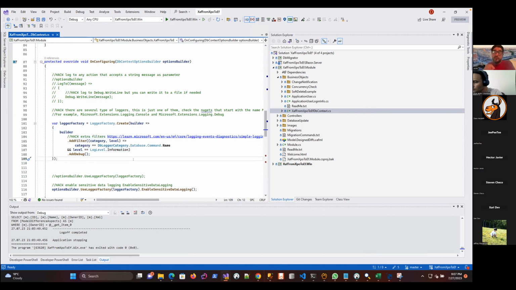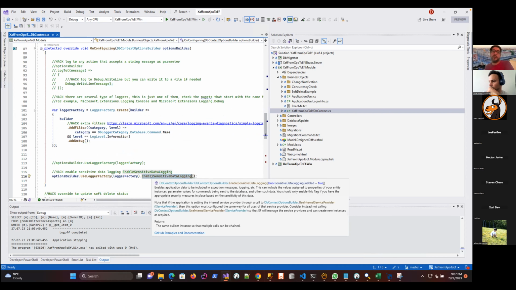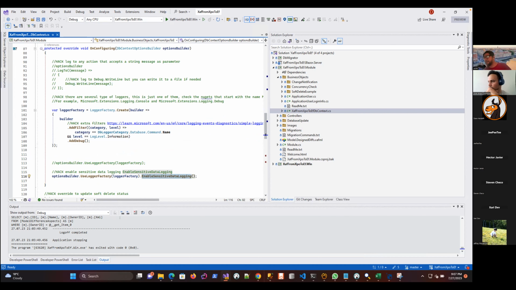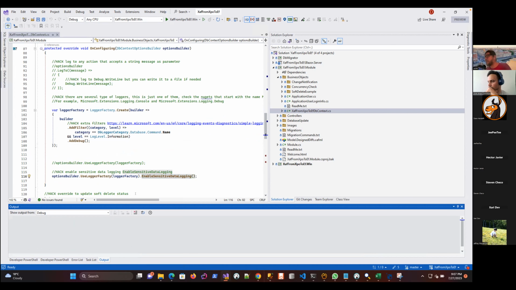If you want to see what you are inserting, and this came from Jean-Paul also, you have to enable sensitive data logging. That will include the query and the parameters value. So you will see the insert, and you will see each of the parameters that you're inserting, which value it has. Right now, we're actually running with this. And I guess it's the perfect time to show